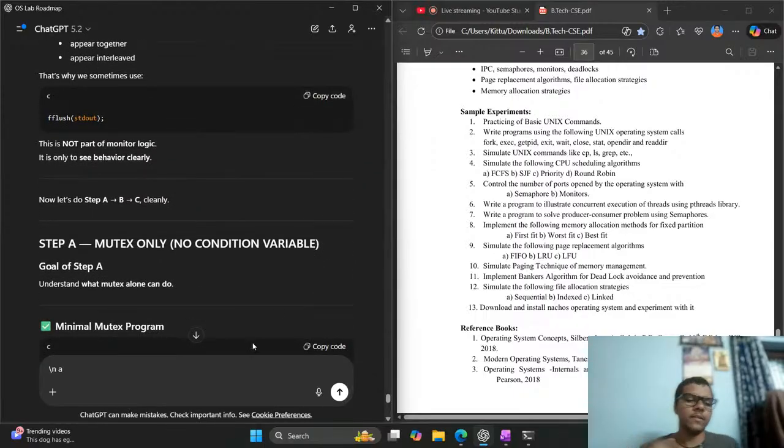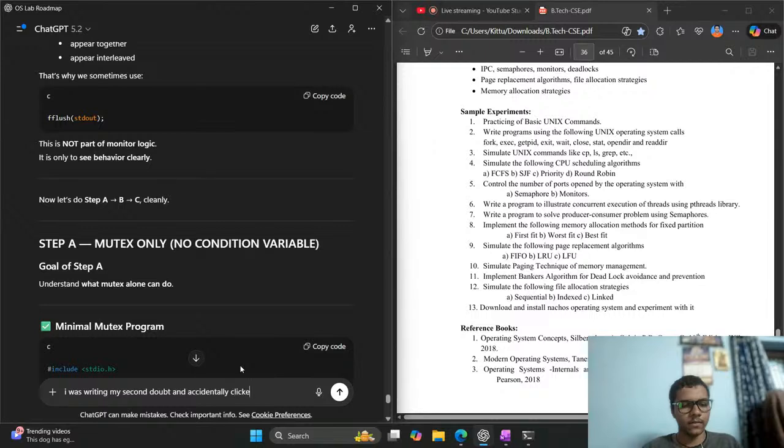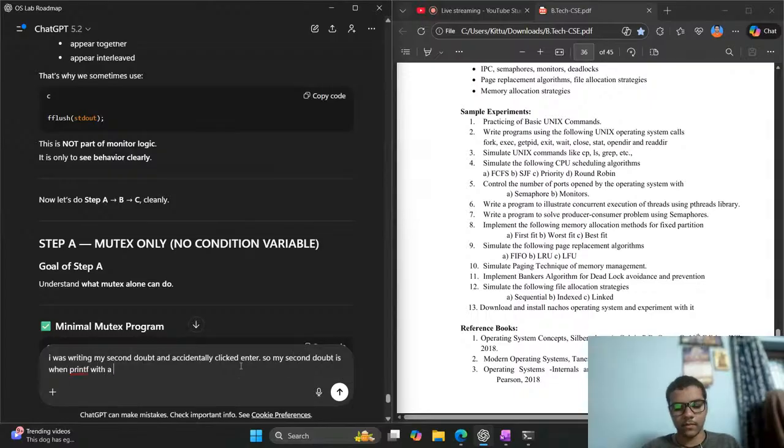No, I didn't. I was writing my second out and I accidentally clicked enter. So my second out is my printf with a backslash n is working fine. Why do we need a flush